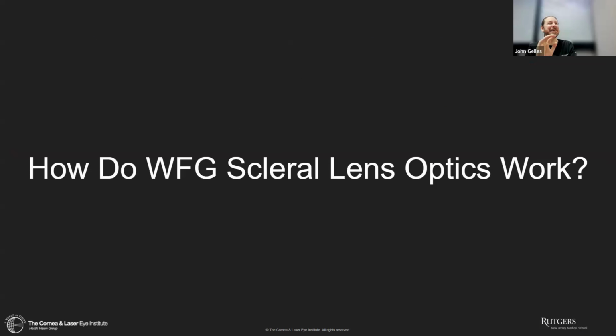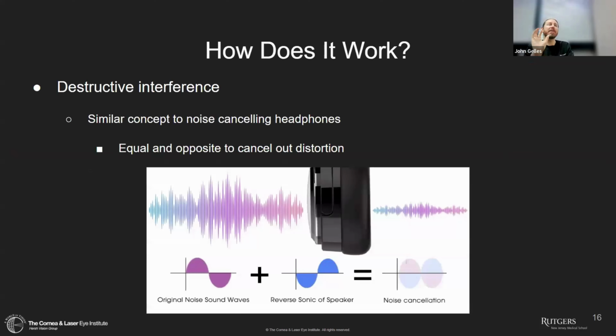So taking a look here, one of the main questions that gets asked is how do wavefront guided scleral lens optics work? Well, they work under the concept of destructive interference. This is the same way that your noise canceling headphones work. In a noise canceling headphone, we're listening to ambient sound, and then we're playing the equal and opposite sound wave into the ear, and the two of those sound waves cancel each other out so that we get better clarity of the audio around us, or excuse me, the audio that we're trying to listen to. We're doing almost exactly the same thing